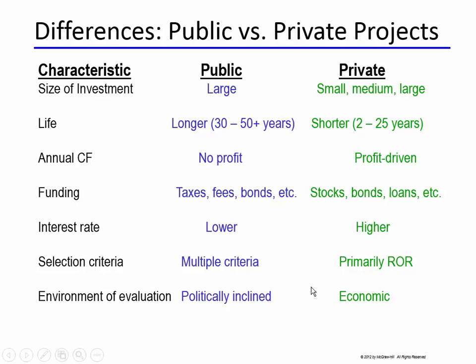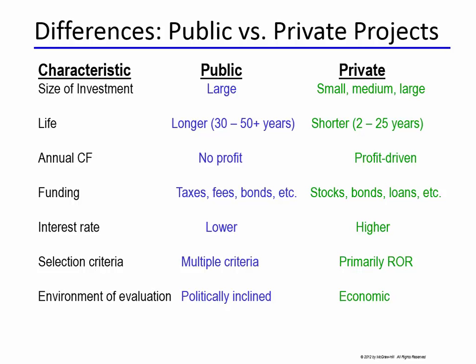But in a public project, they've got other considerations like the convenience that's going to be offered to people, trying to minimize the disadvantages to people who maybe are affected by a project. If you think about a highway, and if it's going through a neighborhood and is going to be taking out houses that are currently where people live, then that's a pretty serious thing. And so it's more than just looking at the dollars and cents of a project,